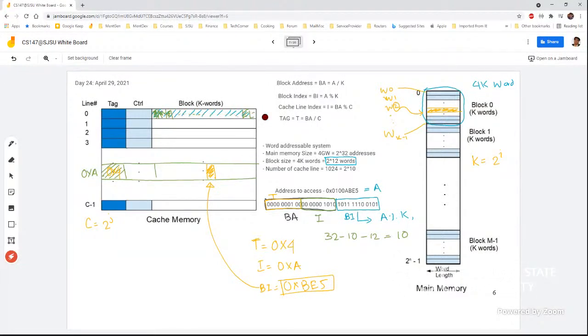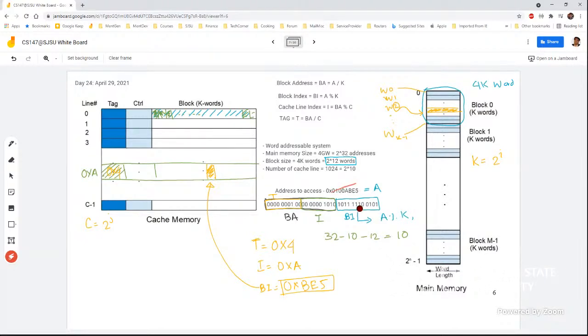On the cache access, you know that your block is there in the cache. Now you need to know which part you need to access from that block, and that is your block index. So it is not really related to the target address. A target address maybe belongs to this one or somewhere here. But what matters is this: